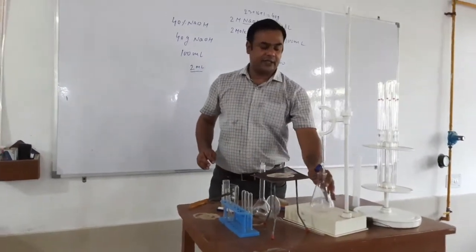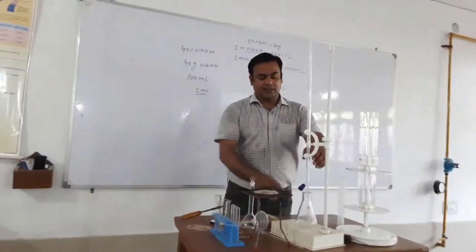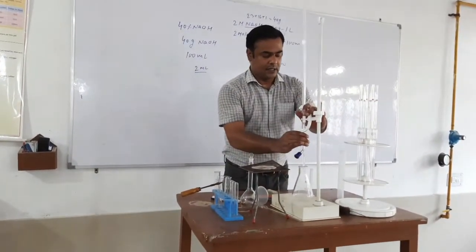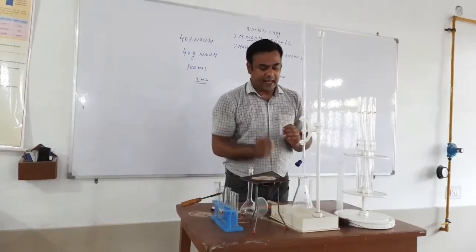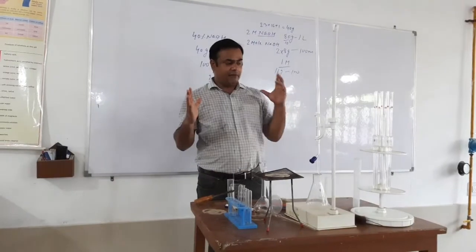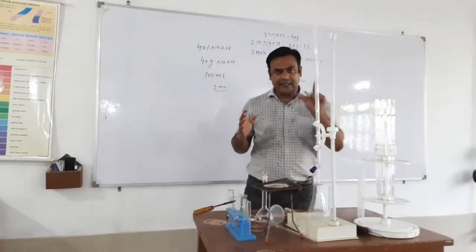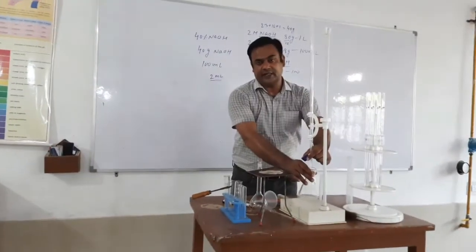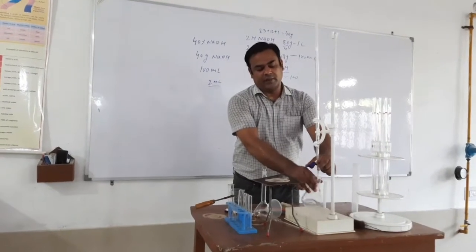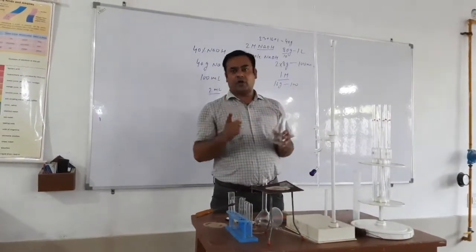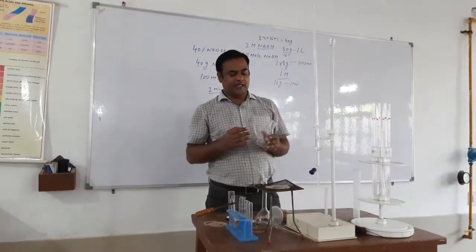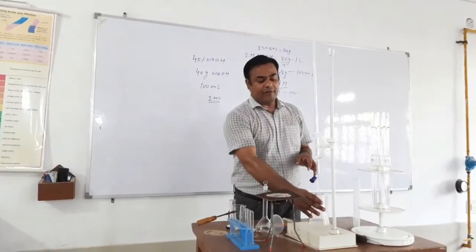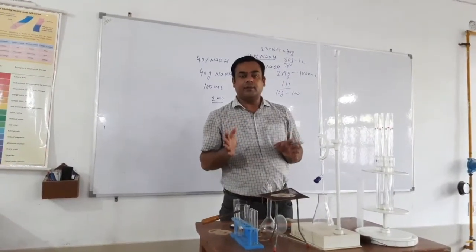Finally we start the titration. For the titration, we keep our titration flask just below this burette, and then there is use of hands. We will use our left hand to control the knob like this. We will make one V, and this V will be put here, and then with the right hand we will shake this solution. When we shake this solution, a chemical reaction will take place inside. If it is a redox reaction, then a redox reaction will take place. If it is acid-base neutralization, then a neutralization reaction will take place, and we will come to know the end point with the help of color change.